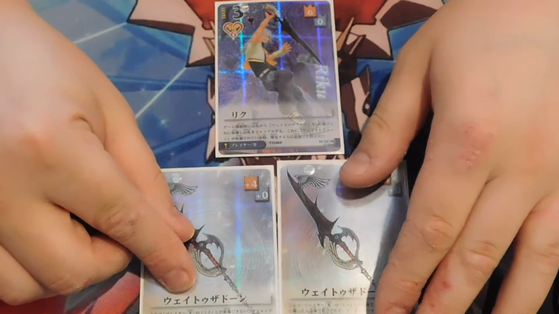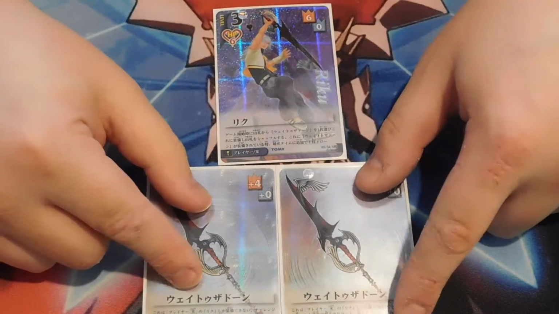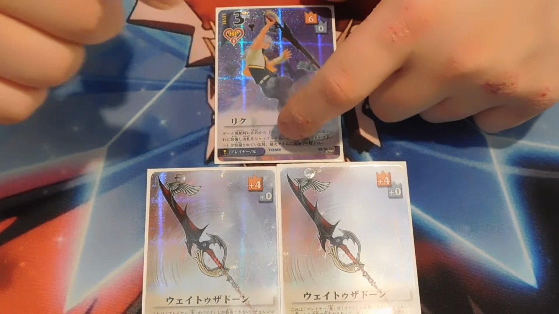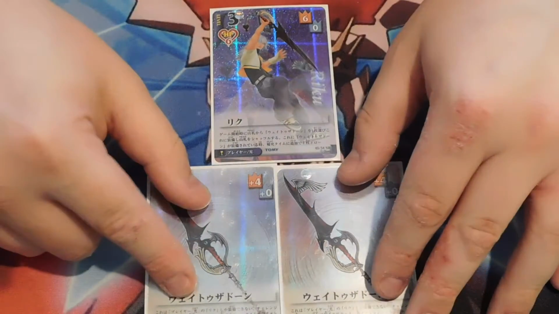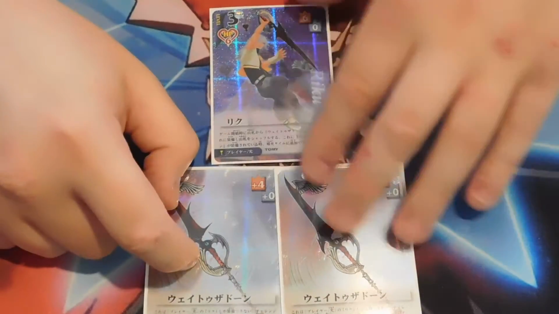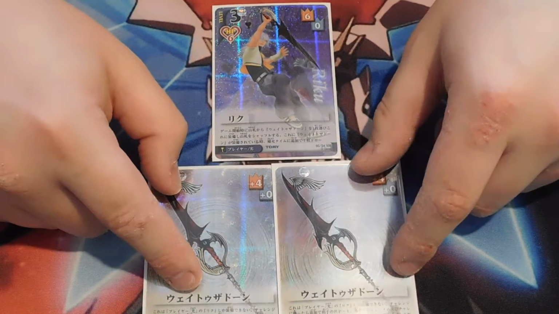Double Way to the Dawn, you get to search this at the beginning of the game with his effect and equip it. It's so disgusting. He lets you draw an extra card during your turn as long as Way to the Dawn's equipped. Way to the Dawn lets you discard a card from your hand anytime your opponent would gain a health